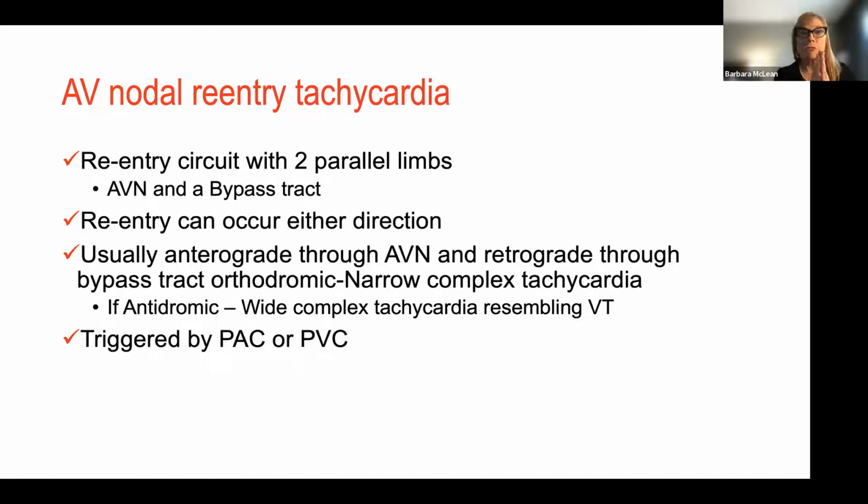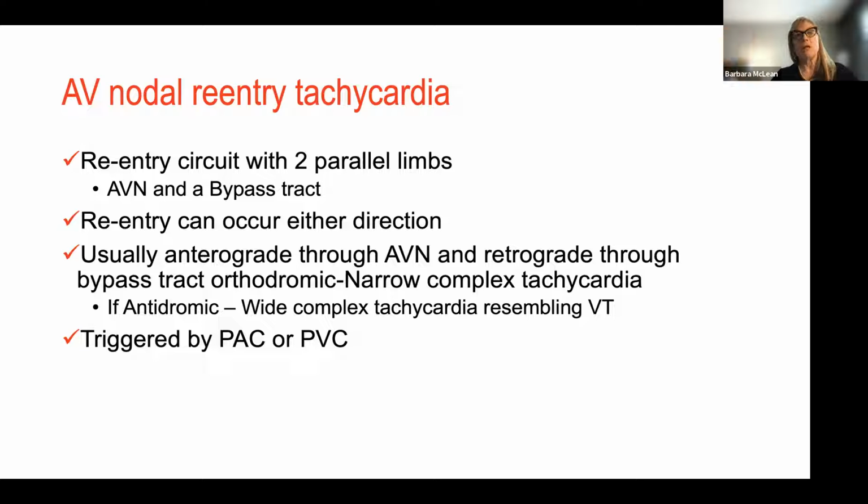Okay, AV nodal reentry tachycardia. Remember that in your AV junction, you can have fast and slow fibers, fast channel, slow channel. Fast channels are typically sodium channel, and slow channels are particularly calcium channel. But in your AV node, you can have a prevalence of your fast channels, and of course, you can also have a bypass tract. Now, remember, as you move antegrade, you're moving in from atria to ventricle, and as you